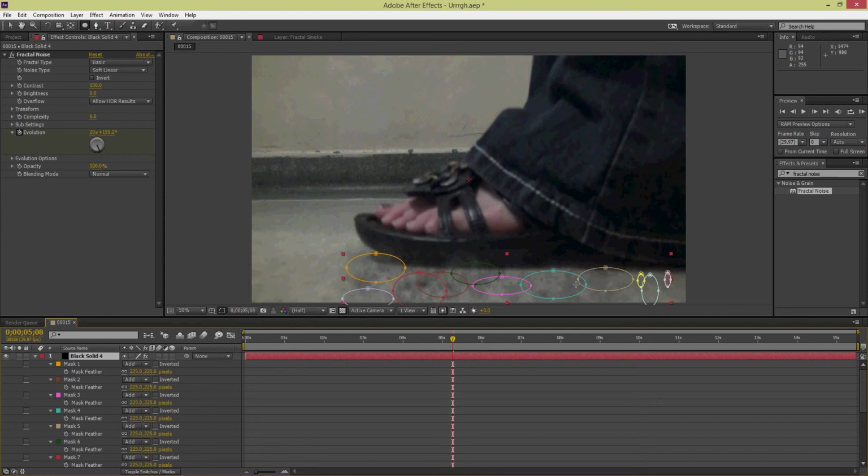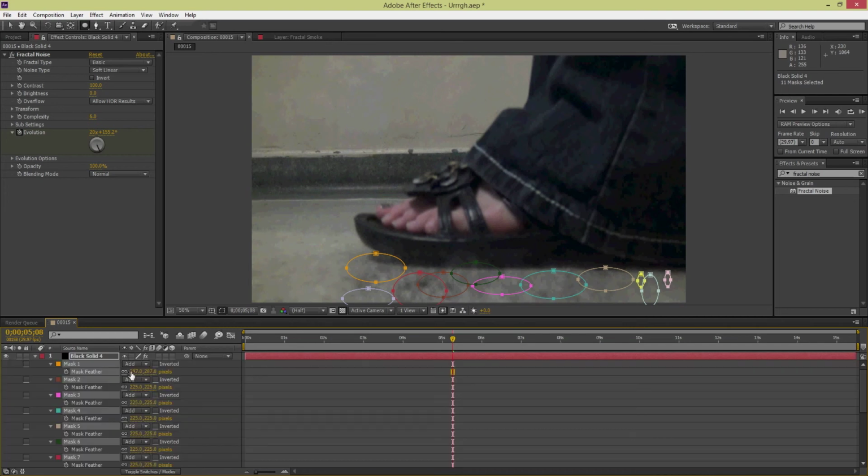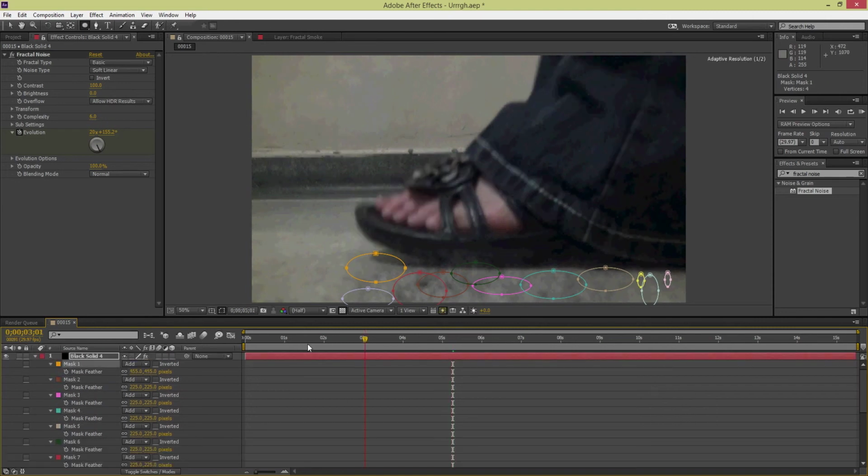Now we've got some smoke effects coming up here, but maybe they're a bit too opaque, maybe they're not misty enough for you, so you'll simply want to go back to the masks. Once again, F for feathering, and you just want to continue feathering them as little or as much as you want. And there we go. We've got some that actually looks